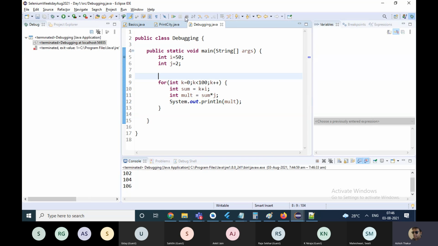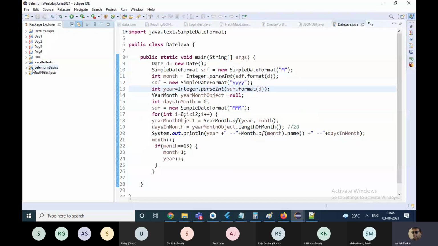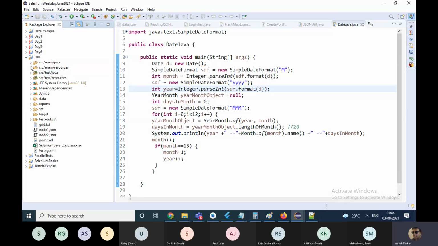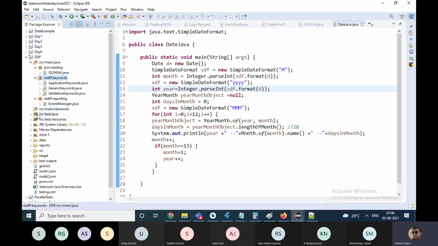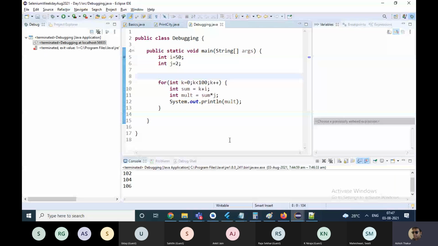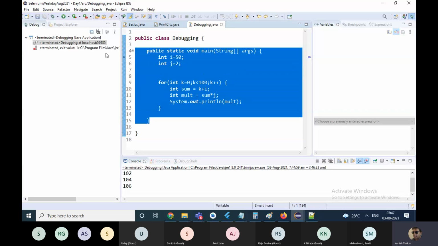Okay, right. When you build projects, like this one, which was a data-driven framework done in one of the batches, the project itself is quite huge. It's got so many Java files that you really get confused at runtime about which one to refer to at which point of time when something fails. So to manage such a big project, you need to understand debugging, or at least know that it can be used so that when you get stuck, you use it.